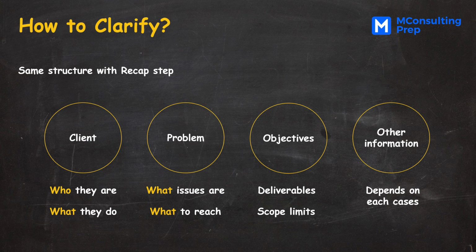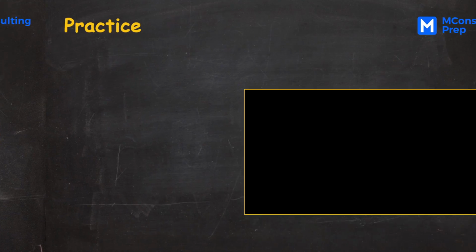Sometimes the interviewer gives you a long and detailed case prompt, containing most or even all of the necessary information. Most of the time they don't, and the given information will cover only part of the aforementioned buckets. In such cases, you will need to ask for the necessary information. In fact, they expect you to ask this kind of question. Let's run an exercise to see how all this theory plays out in practice, shall we?